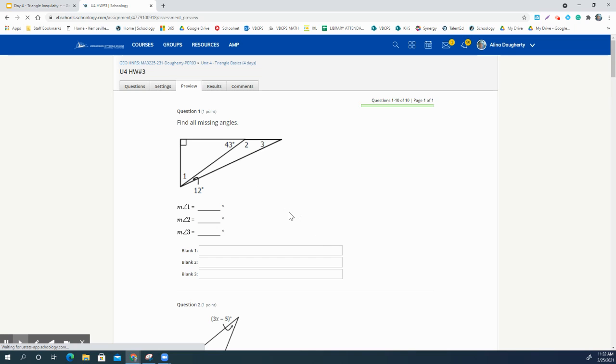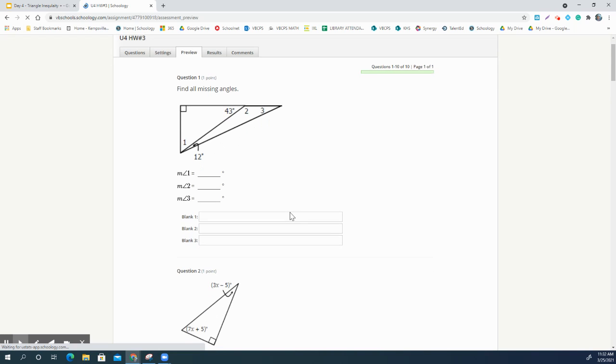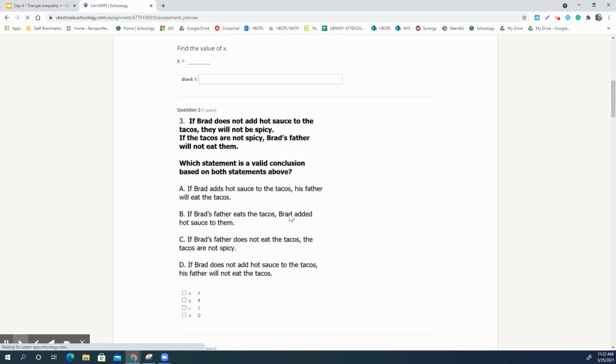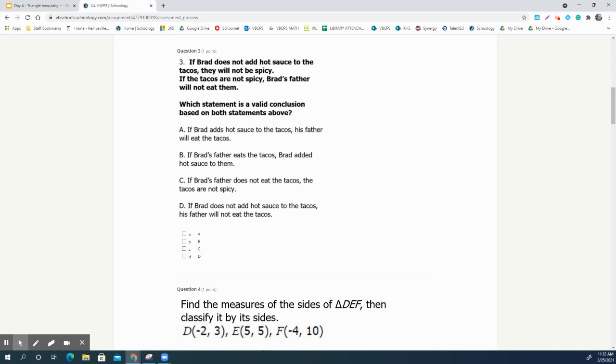Okay. Question number 1 looked fantastic. Question number 2 looked great. Question number 3 is tricky, tricky, tricky. So we've been talking about valid conclusions and stuff, right? In our warm-ups, but we haven't done any syllogism. This one's syllogism. If Brad does not add hot sauce to his tacos,